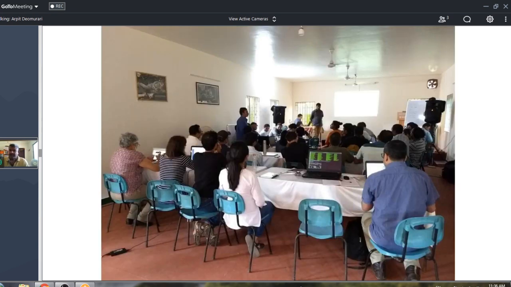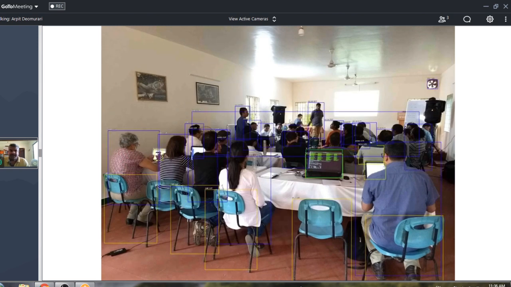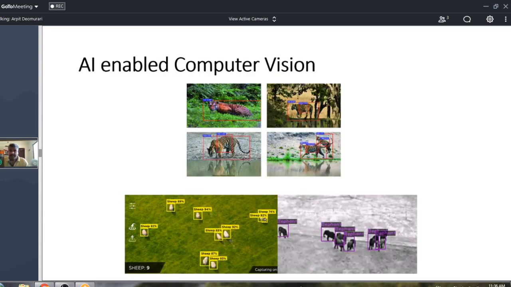Another example: this one was a live meeting I hosted recently, and for a demonstration, I just showed it. It identifies pen, chair, table, humans, everything, and you don't need human intervention. This way I can count attendance, how many people have actually joined my presentation. We use this with multiple things. One example on the bottom left is you can count seats.